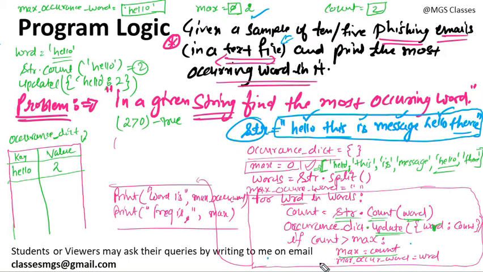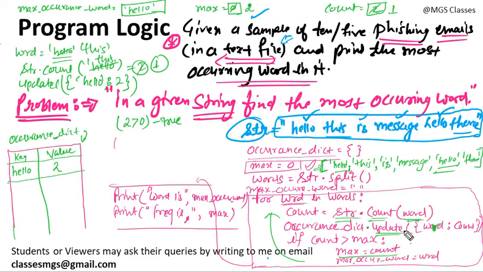Now this loop will again continue. This loop will continue till we iterate each word of this list. So next time this will come in this word. Next time we are calling str.count on this, and this is repeated how many times? 1 time. So this count function will return 1, and your count variable will become 1.